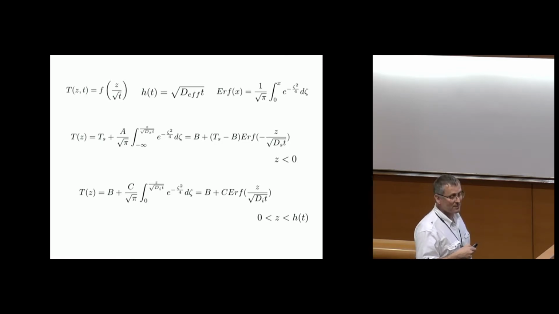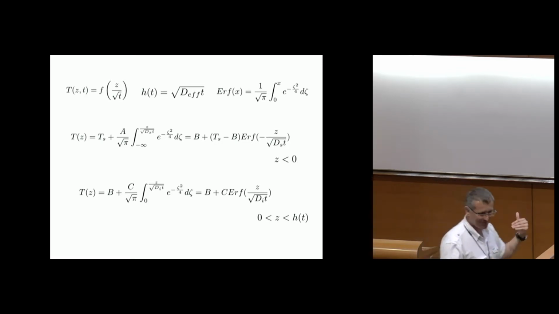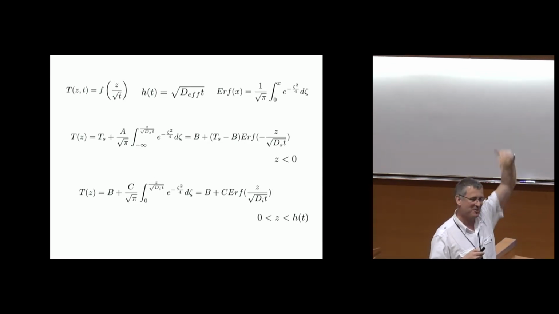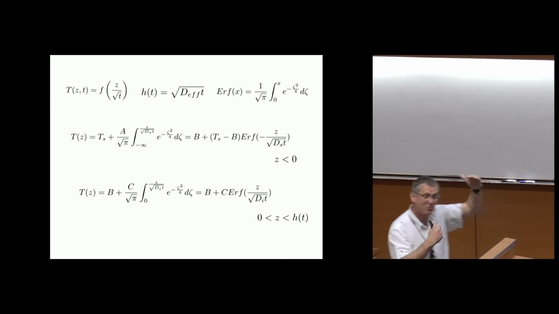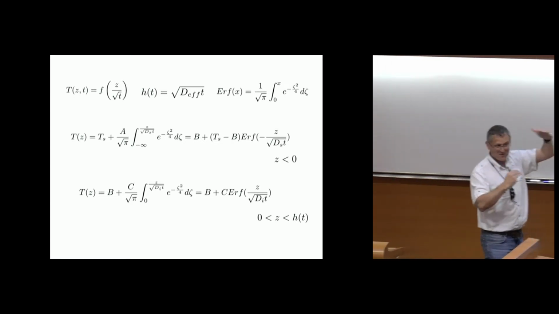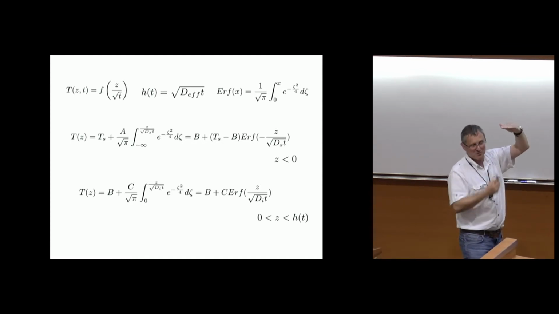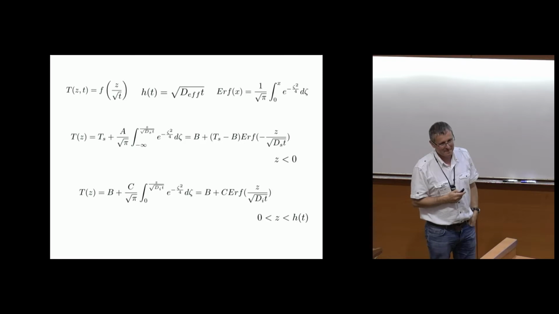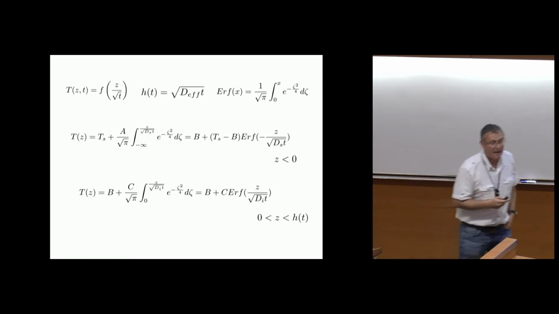That's the difference compared to the Stefan problem. The ice goes from 0 to h(t), because after that you have water. Exactly, you're right. That's why you have a transcendental equation, because you have to find a solution where you really have to compute the flux in the self-similar variable. But then thermal diffusion is effective in both the substrate and the ice. Yeah, exactly.